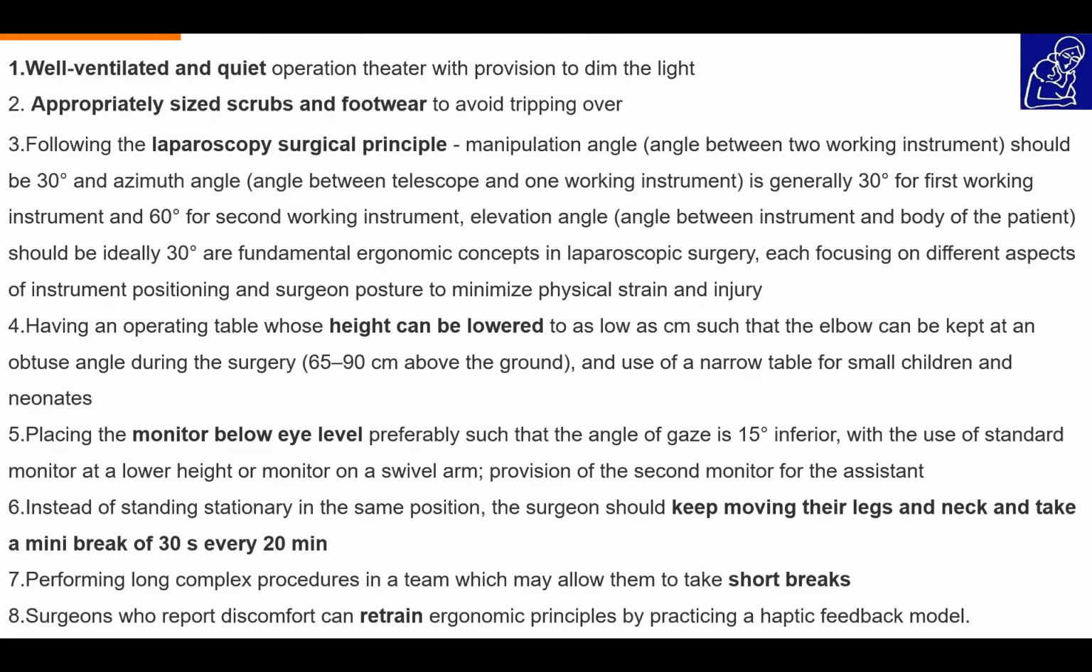the things that can help a surgeon perform surgeries properly is a ventilated and quiet operation theater with a dim light, appropriate glove and footwear and scrub size that avoids tripping, following the laparoscopic principles of angle of manipulation, azimuth angle and elevation angle, having operating theater table that can go to height as low as 65 to 90 centimeter above the ground, and narrower table should be used for smaller children